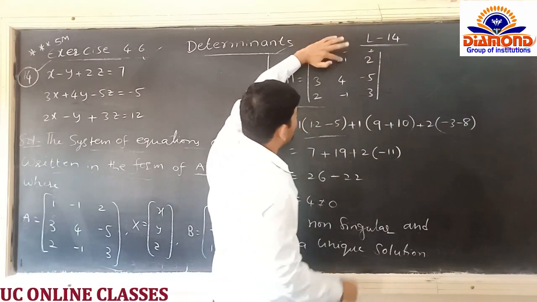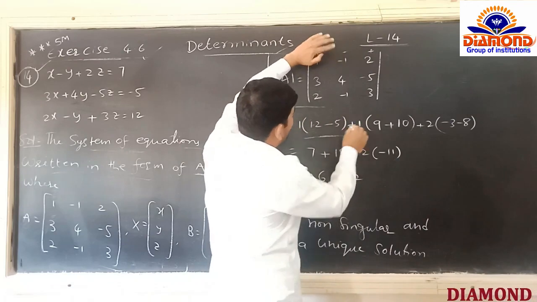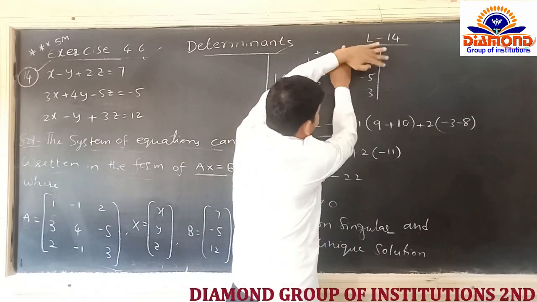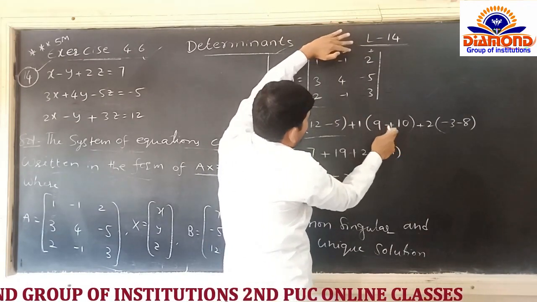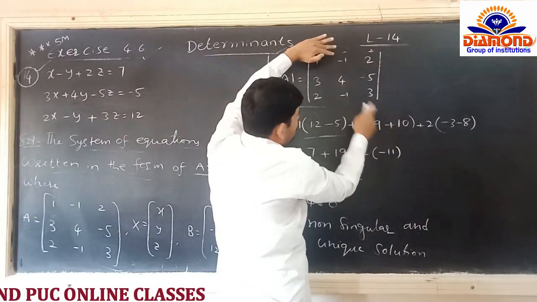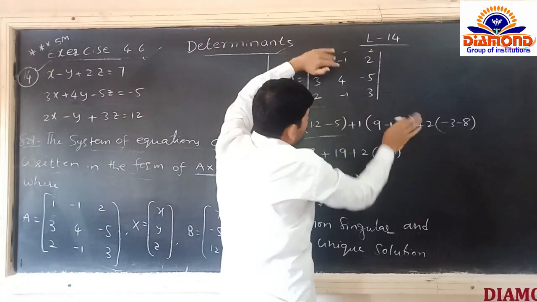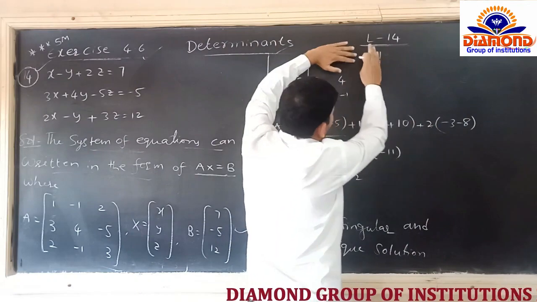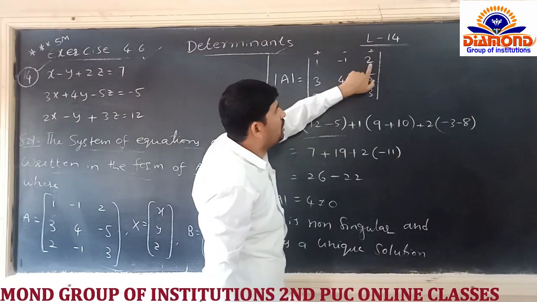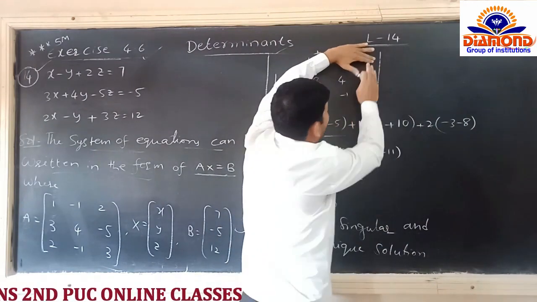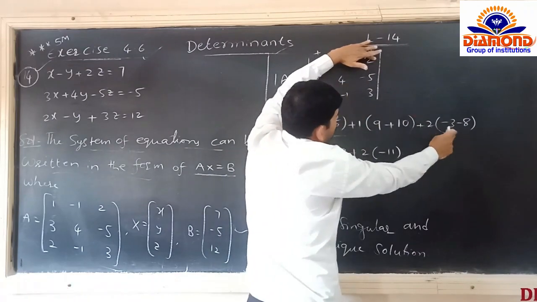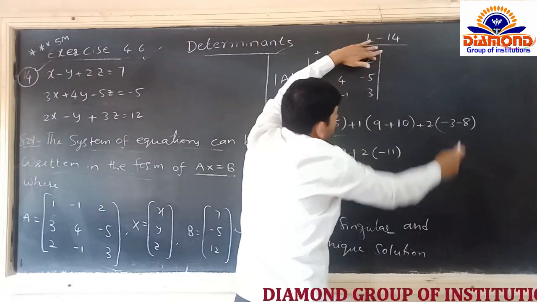Next one is minus and minus, plus 1. See, minus and minus, plus 1. Again close the address for this one. So that is 3 times 3 is 9. Again in between, having the minus into minus means plus, 2 into 5 is 10. Again see here, what is the address for these two? That is the first row, last column. So 3 into minus 1 is minus 3, between minus 2, 4, the 8.